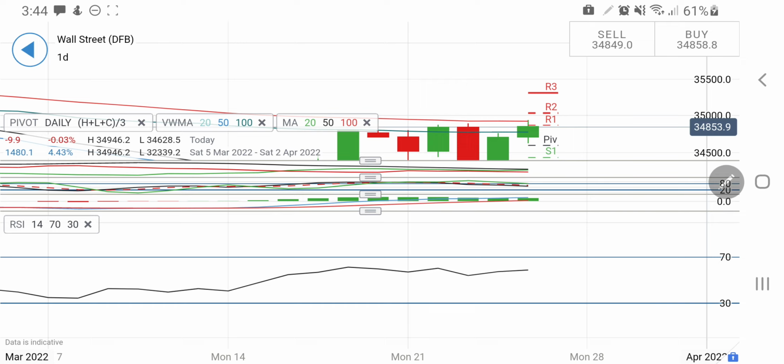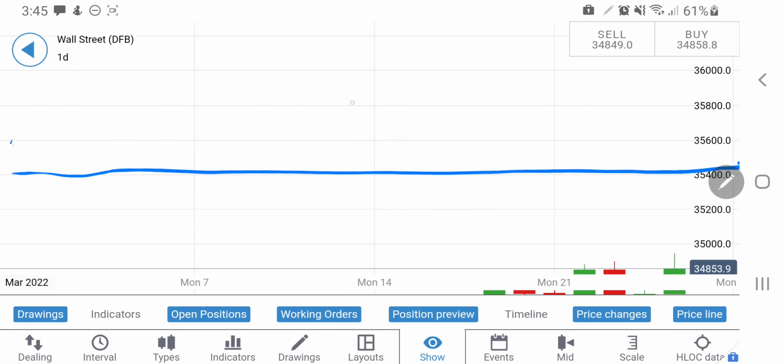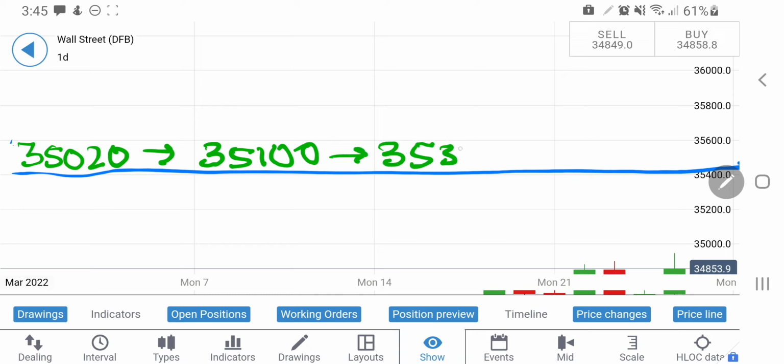So now we have seen the charts, and now let me give you the trading strategy for next week, whereby trading by those levels definitely you can make good money. So now let's have a look at the levels. First, let's talk about where to go long. If you see next week it trading beyond 35,020, then one can go long for 35,100, and if it breaks 35,100, then my next target is 35,330,